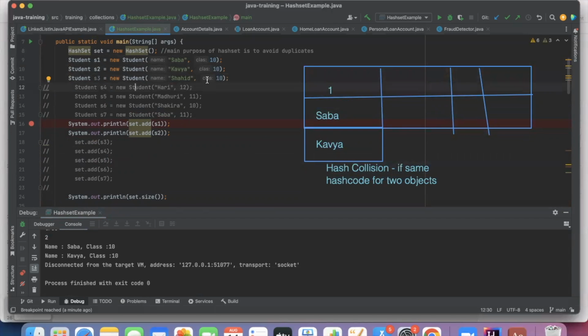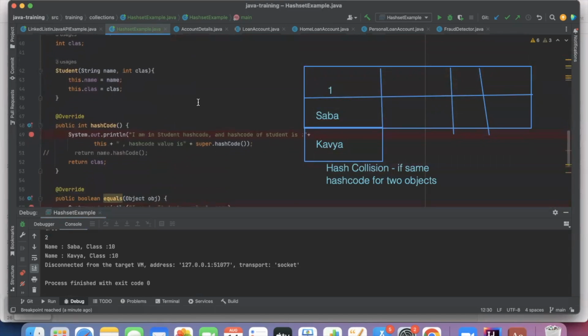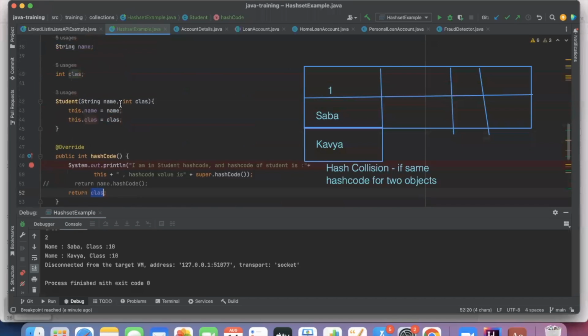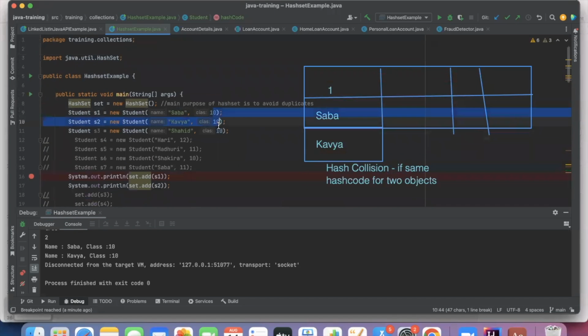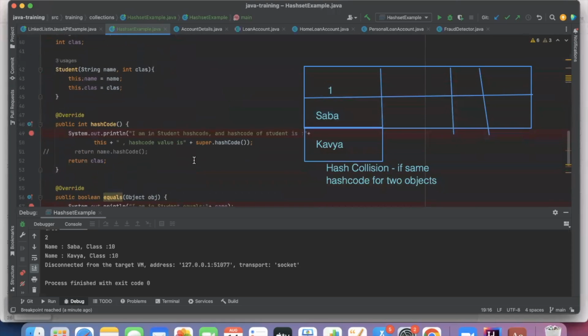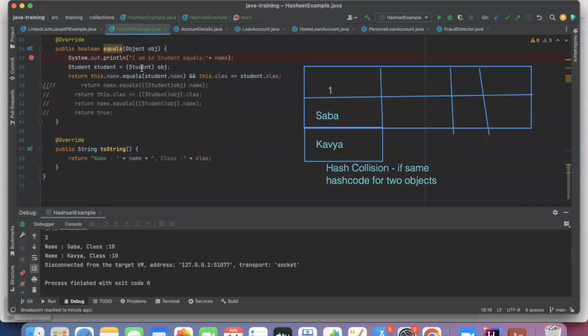I'm adding Shahid also to this one. And still the hash code remains the same, because I'm returning the class. For all the objects it's 10. And here I'm checking